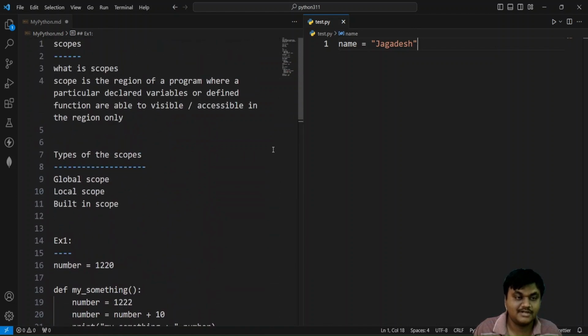First one is, what is a scope? A scope is a region or area of a program where a particular declared variable or defined function is visible or accessible in that region only. Types of scopes: there is global scope, local scope, and built-in scope. Global scope means if you declare